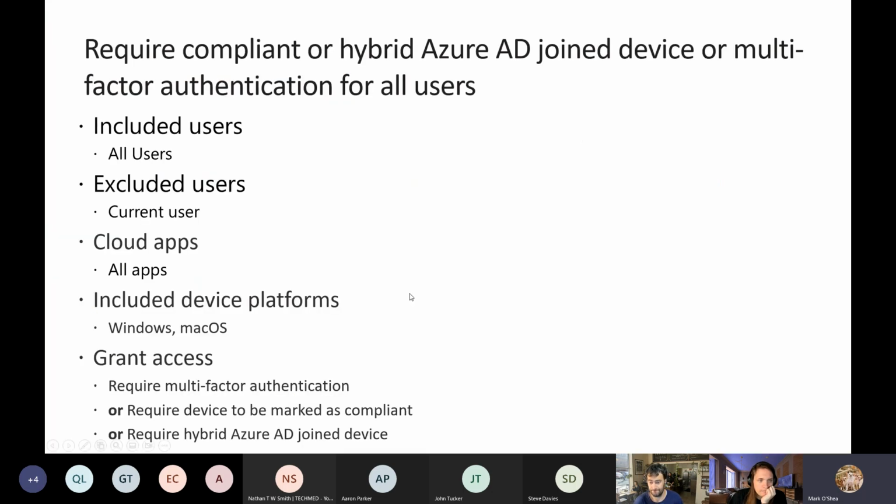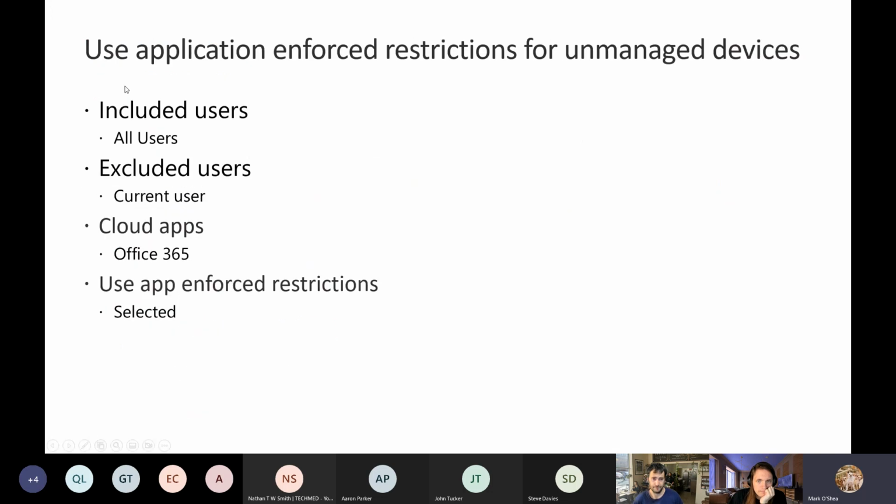So let's just jump in and take a look at what this one has. What this is doing is giving us the option of having somebody who's got an unmanaged device come through and access effectively a scaled back experience with Exchange Online and SharePoint Online. Let's say you want to restrict it so that it's more of a read-only view. Someone's traveling, for some reason they lose their work device, but they've got their own personal unmanaged device, letting them get in, look at a document,